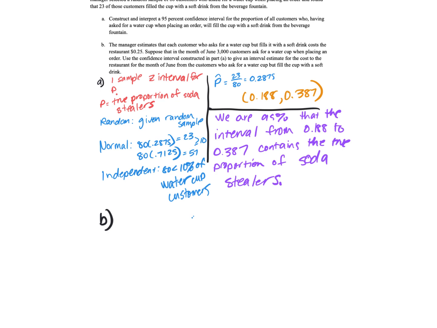The manager estimates that each customer who does this costs the restaurant 25 cents, and in June, 3,000 customers did this. So if I wanted to come up with an estimate for how much money the company lost, if the lowest proportion that did this is 0.188, we could say, first of all, how many customers is that? So I would do 0.188 times 3,000. Does that make sense? And if each one of those customers costs 25 cents, I multiply that by 0.25, and it's going to tell me that my new interval